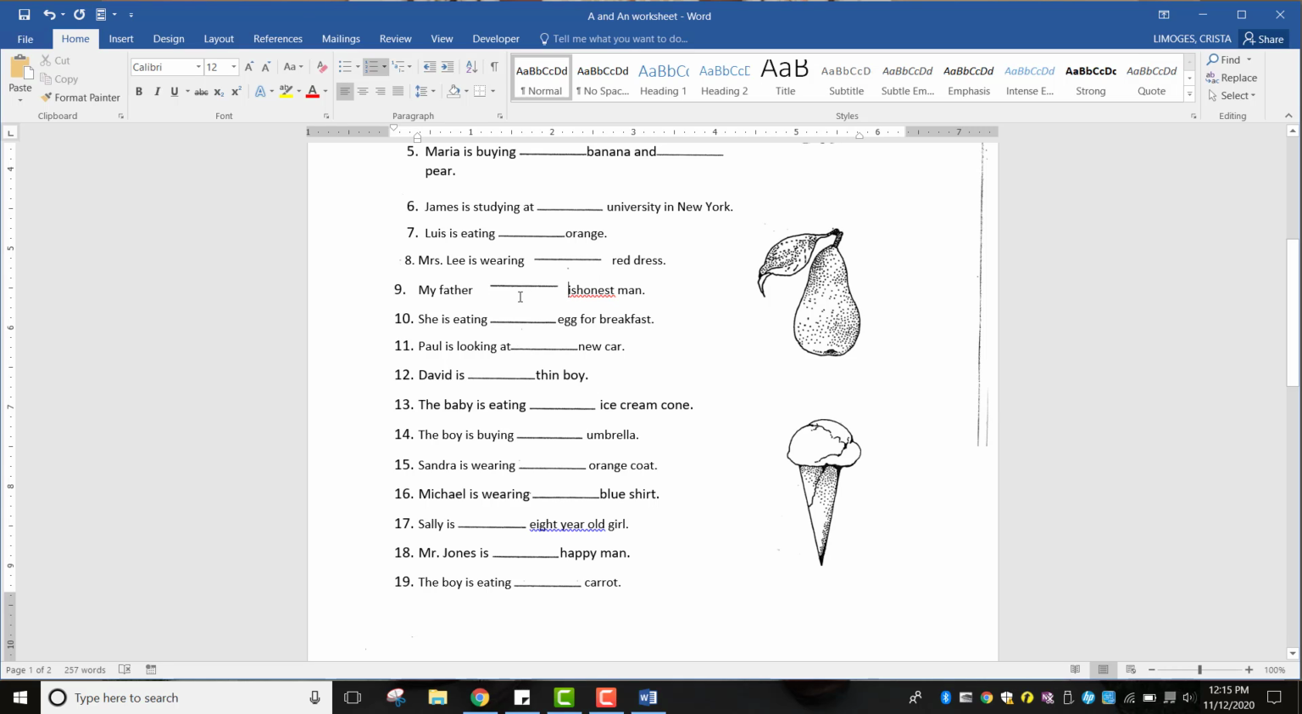So, "My father blank dishonest man." Well, the "a" isn't there and the verb isn't there, so I would need to add those and adjust accordingly. Now what's really cool is if I wanted to take out the blank, because the blanks come through as pictures,